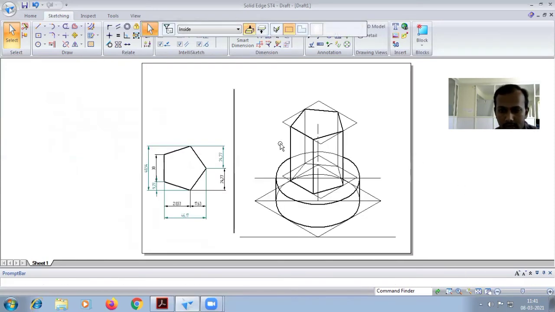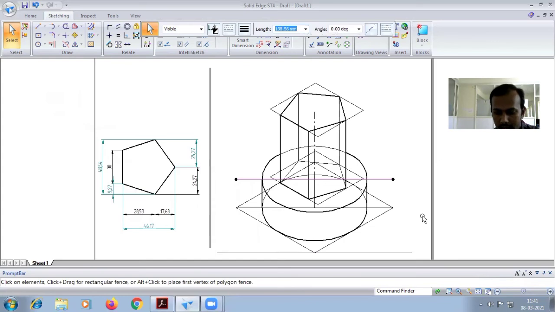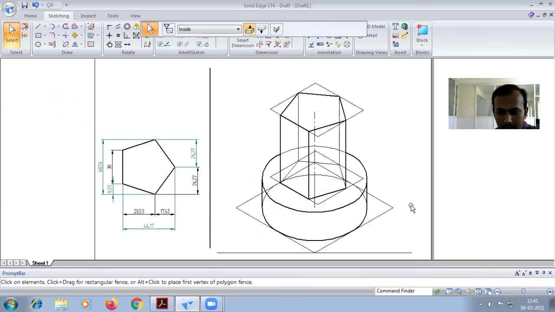Now it is visible. Delete this reference line also, and this reference line also. So now above the cylinder block, there is a pentagonal prism.